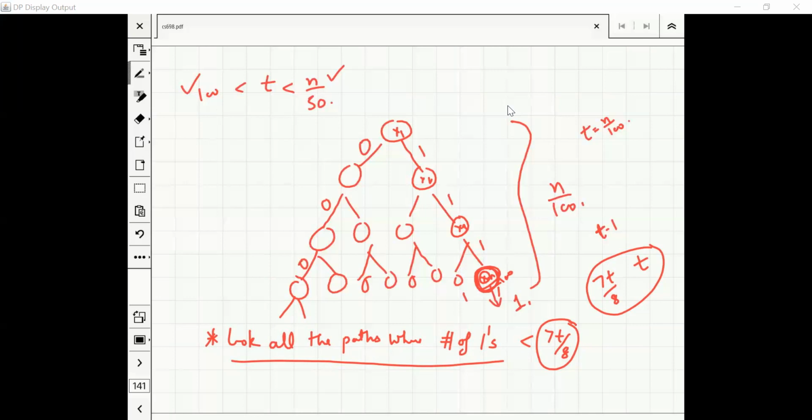So the point is, if you look at the computational paths in terms of the distribution of zeros and ones, we exactly know it. It's a complete binary tree. There are 2 to the power n by 100 binary strings which correspond to these computational paths, right? So there will be a path of 0, 0, 0, 0. There will be a path of 1, 0, 0, 0. So each leaf corresponds to a binary string of length n by 100.